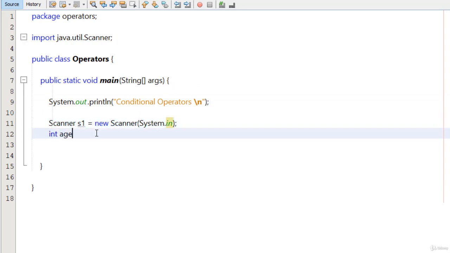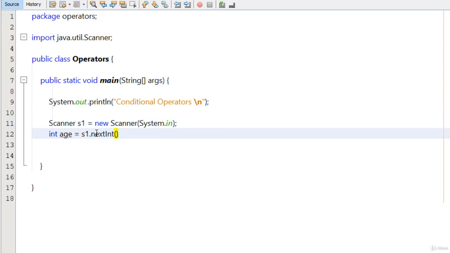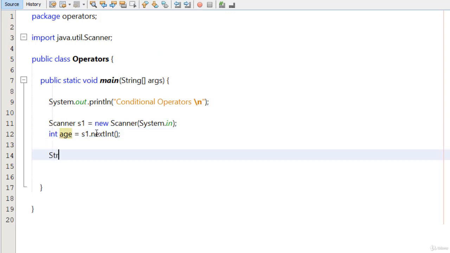I type here int age equals s1.nextInt(). Okay, now I type here String result, and I type the condition: if age is greater than 18, then you can play this game,